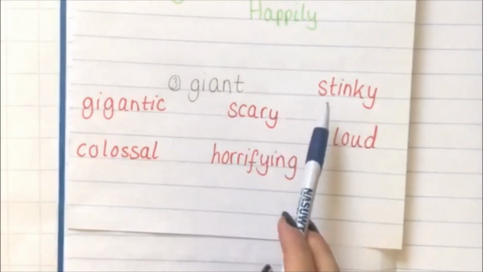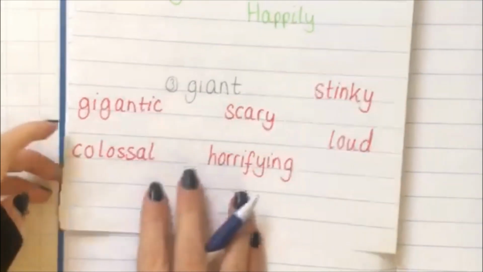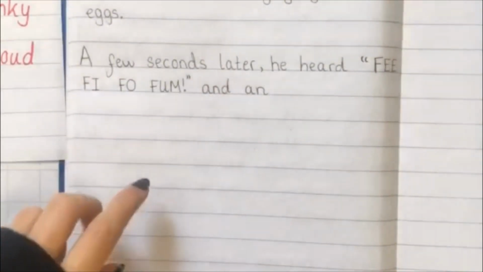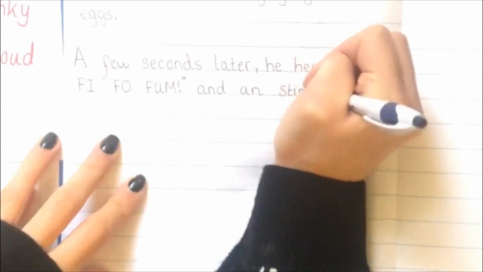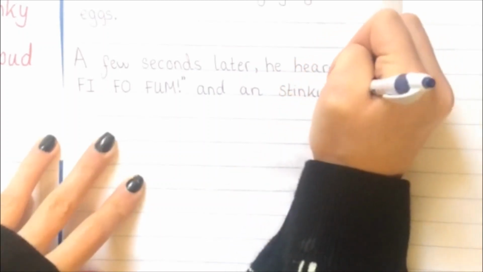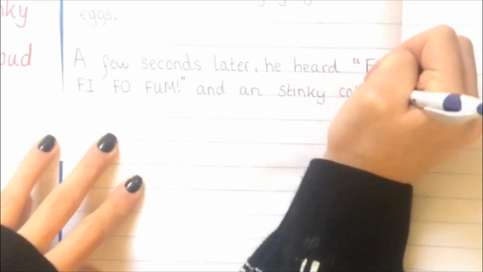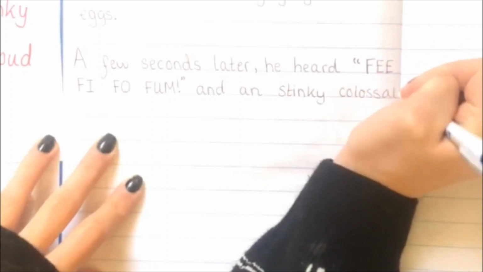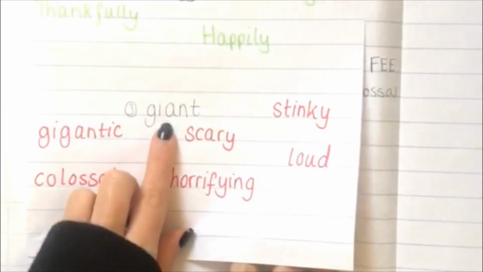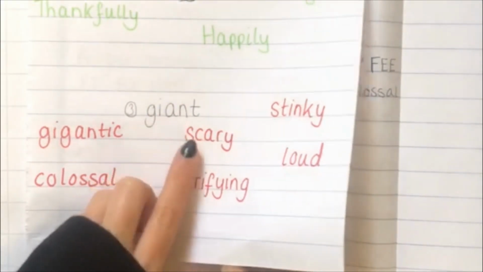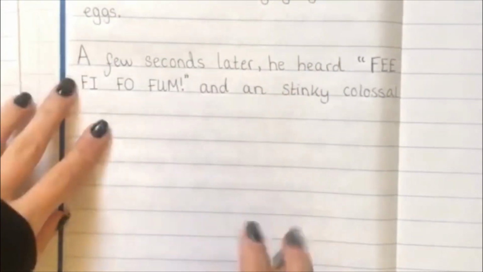And I might say he's quite stinky because he doesn't wash. So I'm saying a stinky, colossal, which is very big, giant. And I've got my spelling for giant on my sheet as well. So it's really important that we have this to help us now. Giant